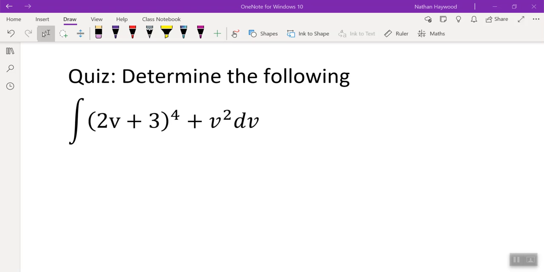I'm going to go through the solution to this one. Okay, there's a function to the power of 4. So do you guys remember me talking about the reverse chain rule? So you do the function inside's derivative. Normally for a chain rule, you do the function inside's derivative, yeah? Times by the whole function's derivative. So the reverse chain rule